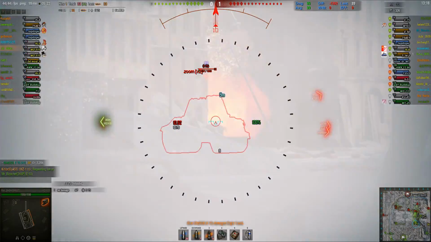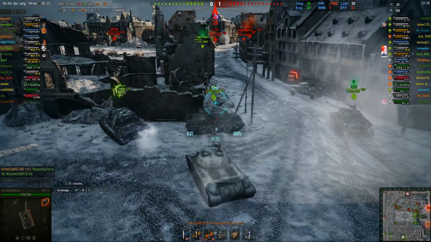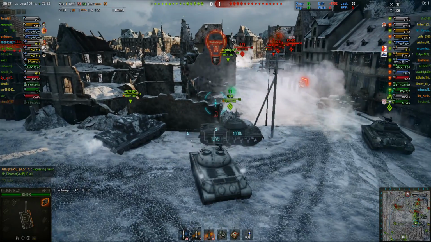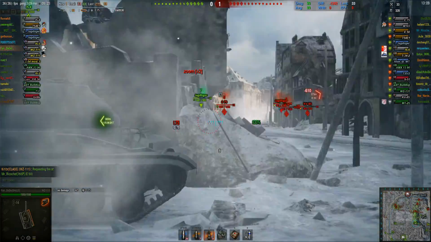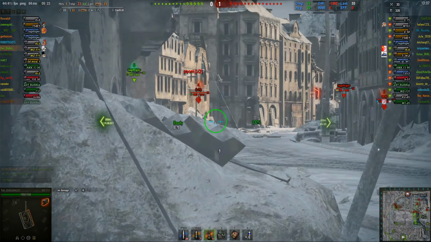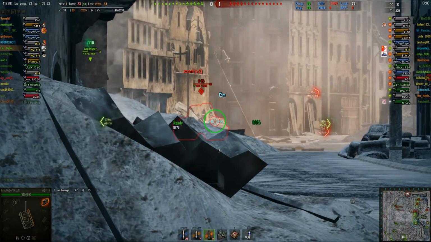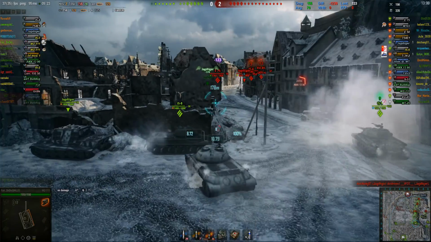Now, like a lot of higher tier games, there's no great rush at the start of the game. You really want to try to establish where all the enemy are. You can see on the right hand side of the screen a list of all the different enemies, which ones have been spotted. They're not all spotted at the moment, but they've all been spotted. And at this stage,